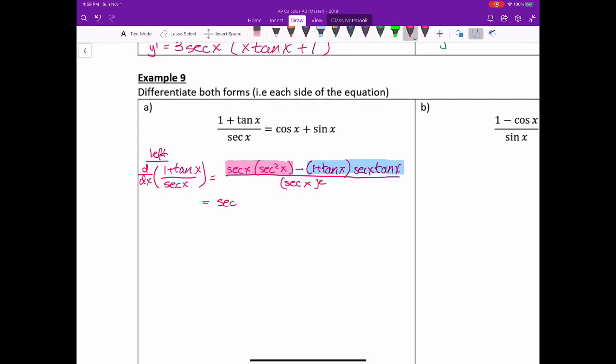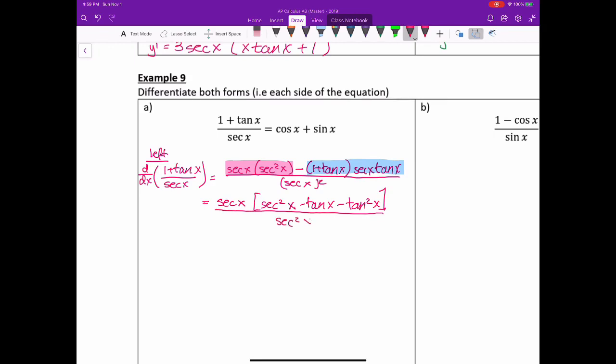So secant of x is going to give me then secant squared x, and then I'm going to distribute the tangent of x. So we get the minus tangent of x minus tangent squared of x all over